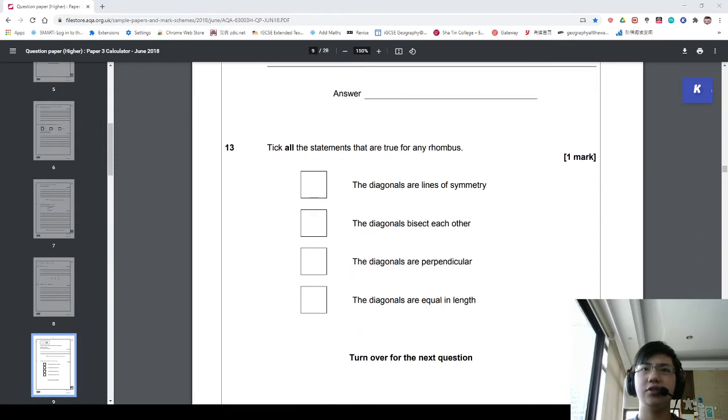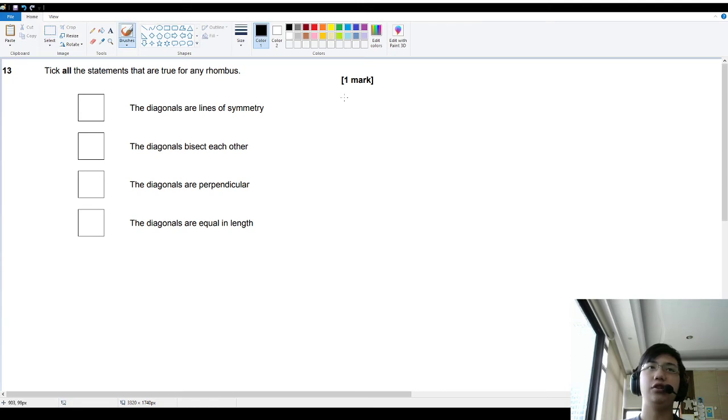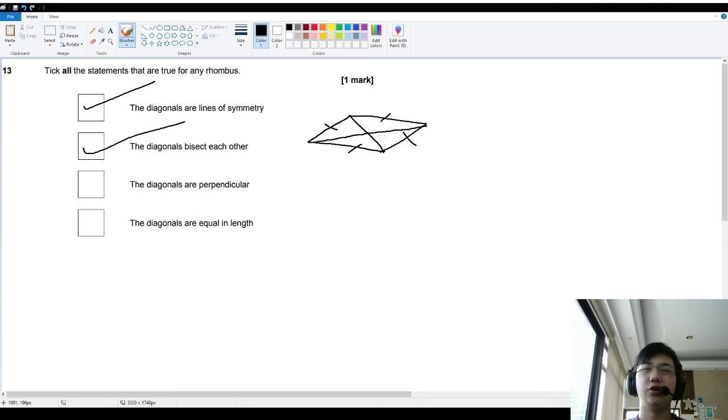Moving on to question 13, we are given a multiple choice question where we have to tick all statements that are true for any rhombus. So we have to use our geometrical knowledge of the properties of a rhombus to figure this out. What we know is that all four sides of a rhombus are equal. So therefore, the diagonals are lines of symmetry. The diagonals also bisect each other at the middle. And the diagonals are perpendicular,